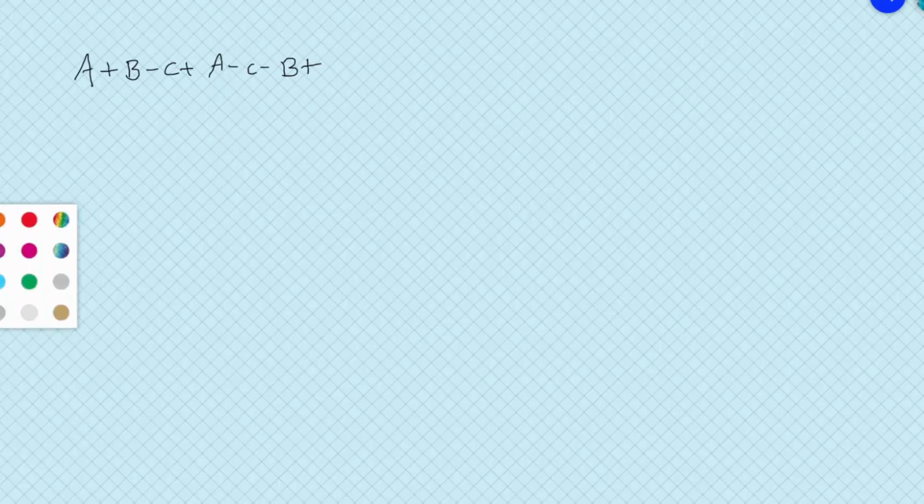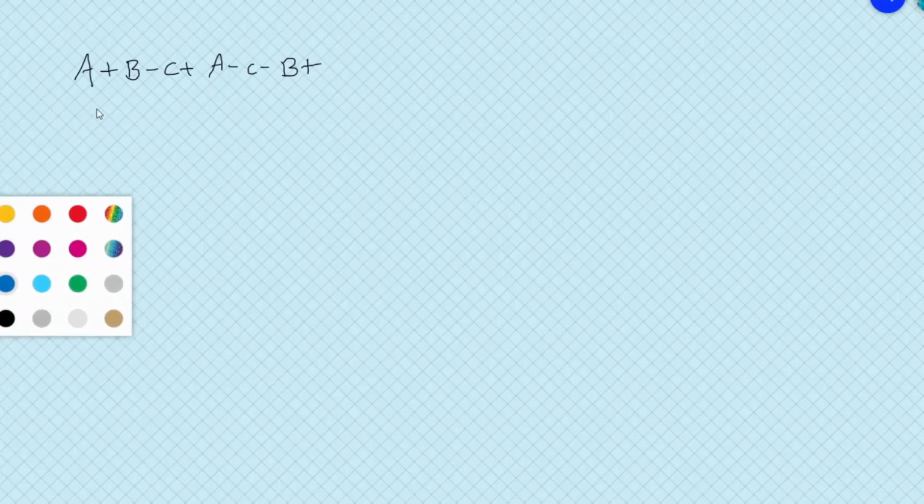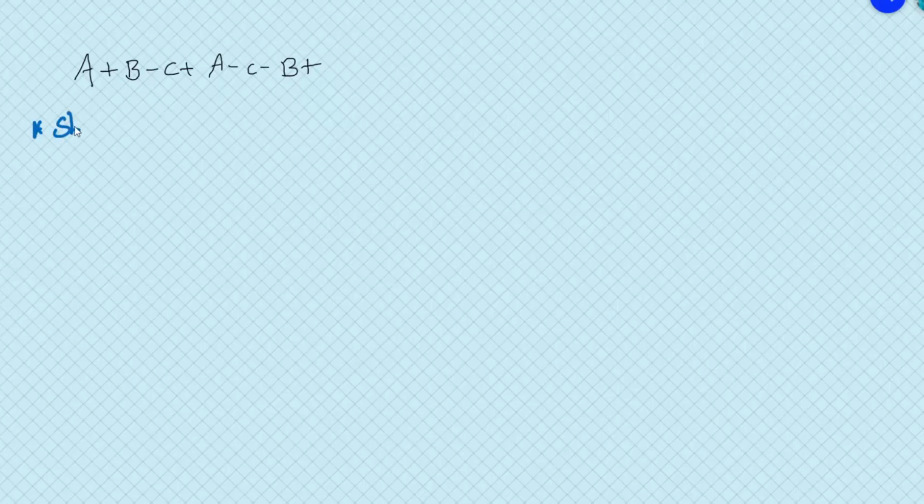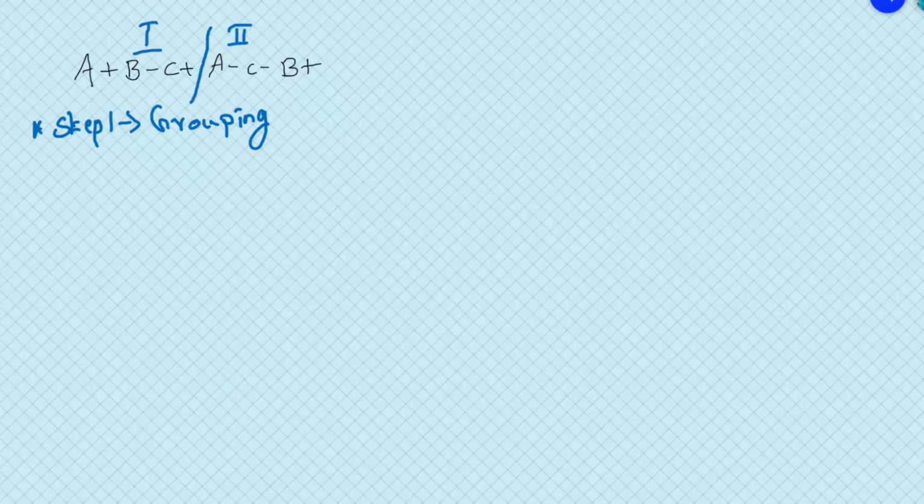Now, as the first step, we group the given sequence into the minimum number of groups. While grouping it, we should be careful that no cylinder or actuator is repeated in the same group. So I'm splitting it like this, where the first group has A, B, C actuators and the second group has A, B, C in a different order. But as you can see, no actuator is repeated inside the same group, and this is the minimum number of groups that could be taken. So the number of groups is equal to 2.